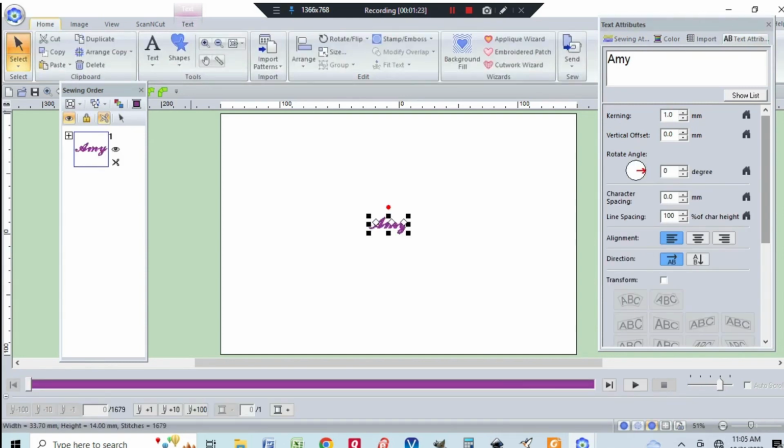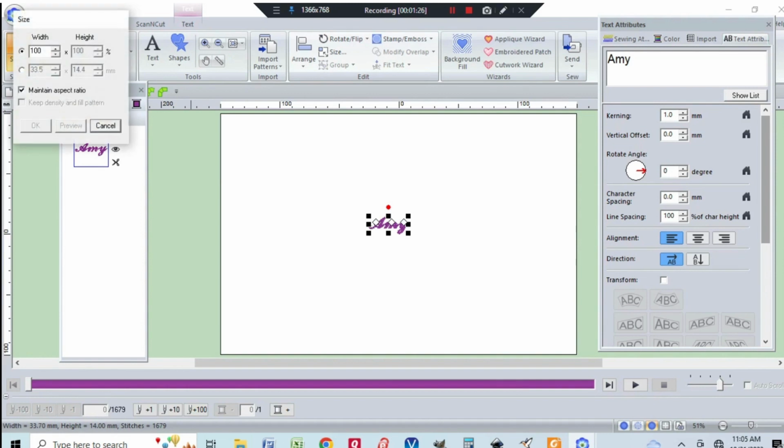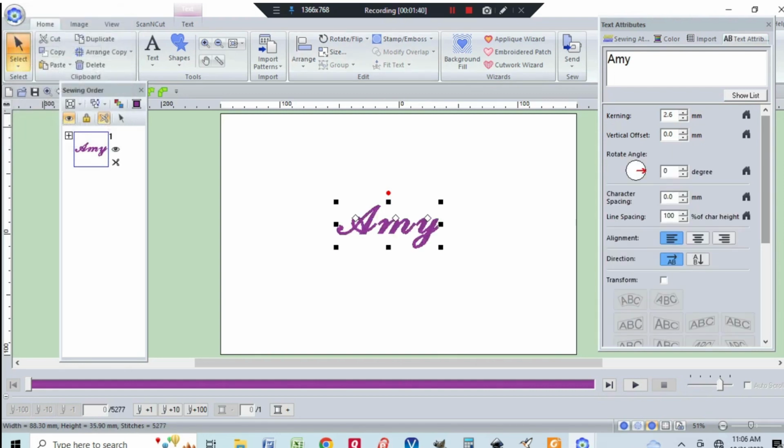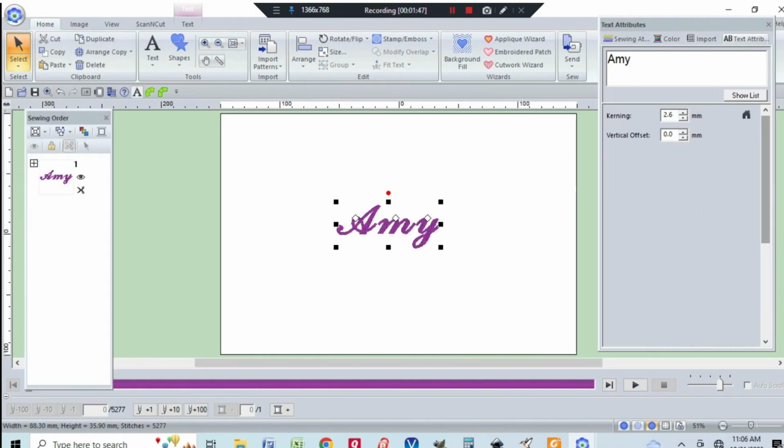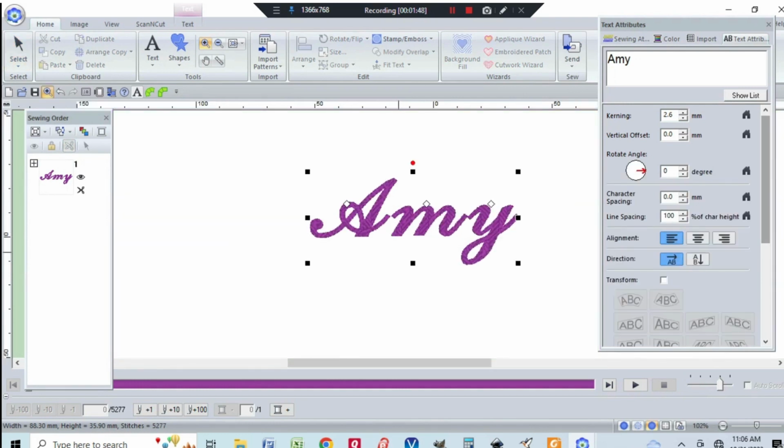Go home, click on size, and we will resize it. So check the second bubble. And I want a height of about 38.10 millimeters. Keep your aspect ratio and click OK. Now, if we zoom in to our name, you will see that the script font has breaks in between each